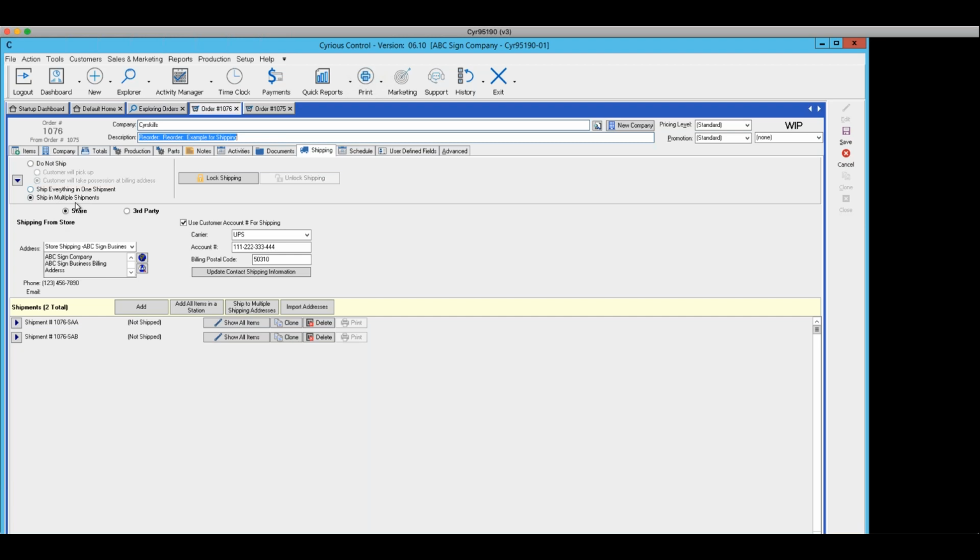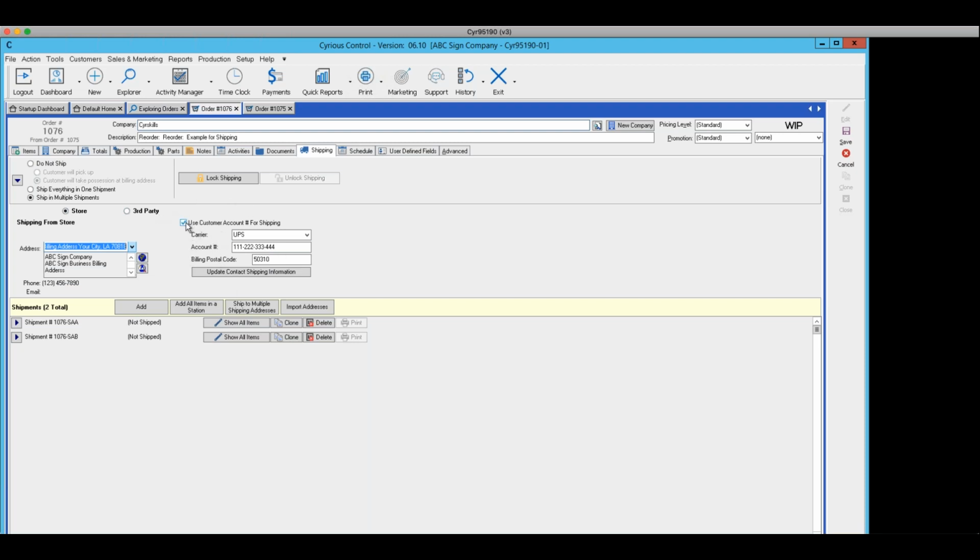Then, repeating from Tuesday, you can either say that you're shipping from the store, and they get the store address information down here, and you can make sure that you have the correct address that you want to use, or you can ship from a third party, in which case you would have to enter the address information. I'm going to leave it as we're shipping from the store. Over here to the right,